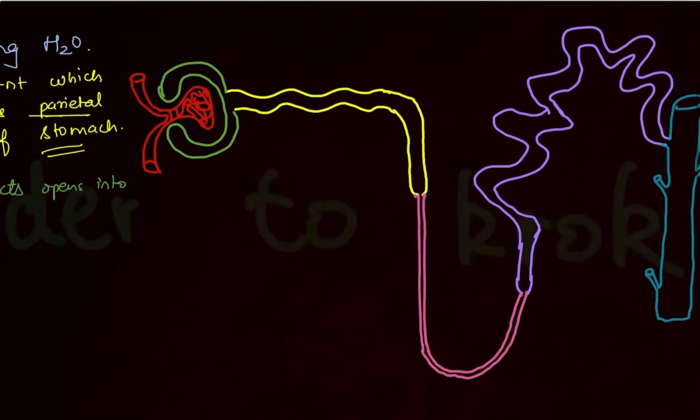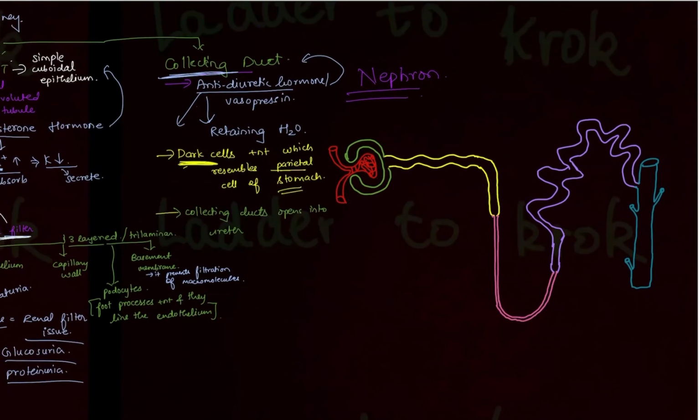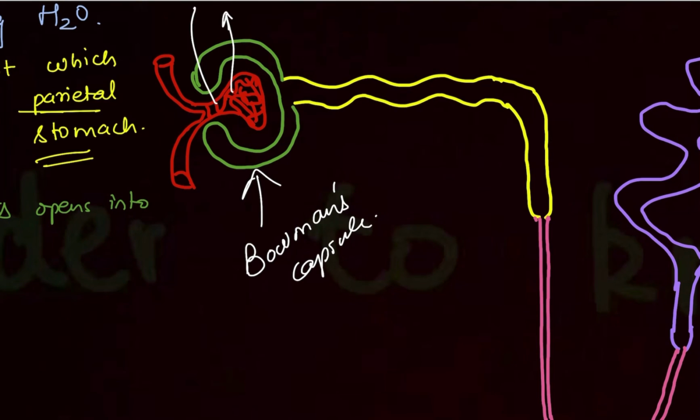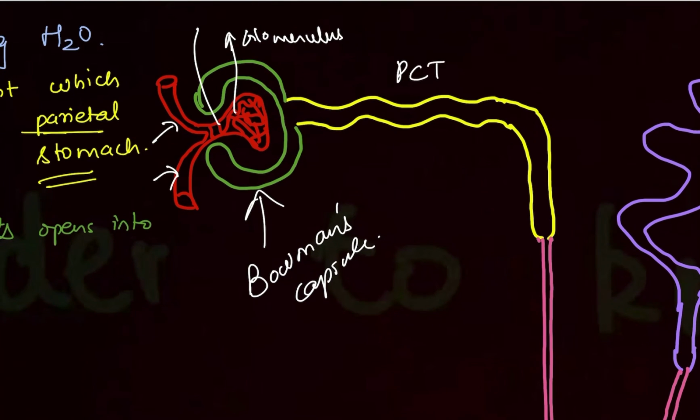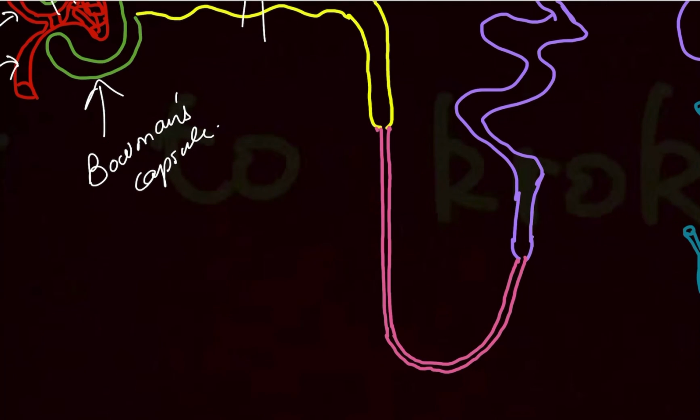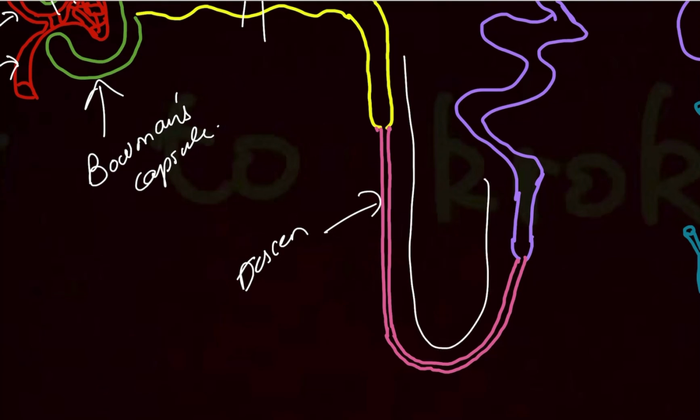So let's look at the simplified diagram which I have drawn of the nephron. Here you can see this green color I have drawn, that is the Bowman's capsule. This is the glomerulus. You can see arterioles entering into it. Then you have this PCT, which has mitochondria, and here the sodium potassium ATPase pump will work. Then you have this loop of Henle. This side is descending because the flow is like this. And you have your ascending limb of the loop of Henle.